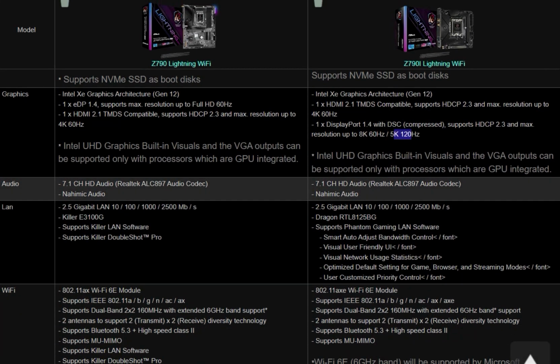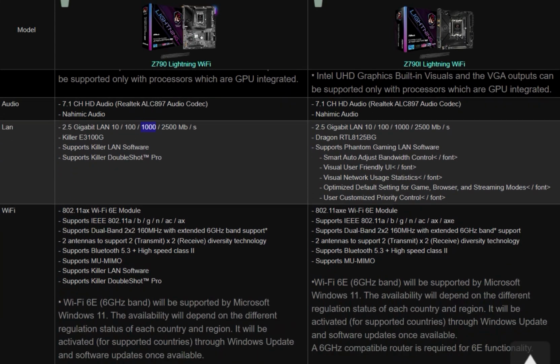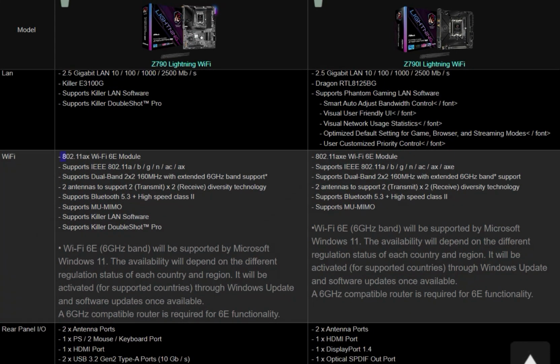Audio 7.1. LAN, this is turbo speed 2.5 Gbps, and that is 10 Mbps, 100 Mbps, 1 GB per second. This is also supported in this. Wi-Fi, this is the range. So Wi-Fi frequency and Wi-Fi version are the same, supporting. So